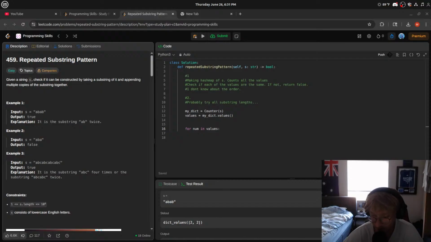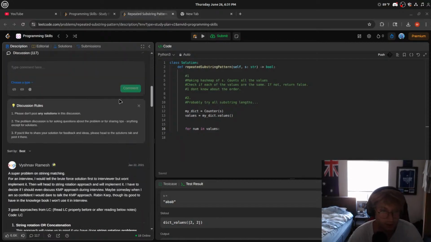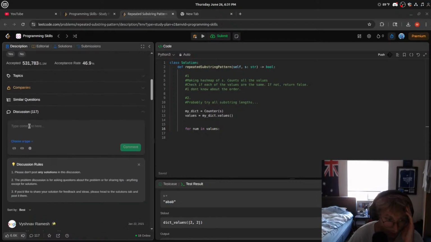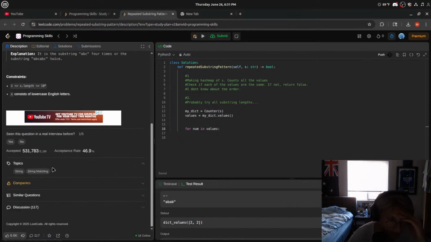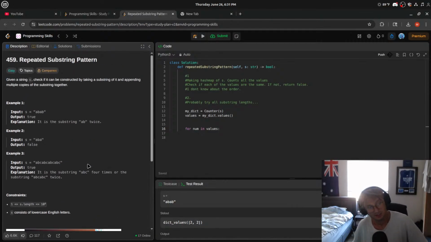So what do you think is the best way to go about it? Because I'm honestly not sure. I originally was thinking a hash map, but I don't think you can solve it using a hash map. String matching. I'm still not sure, dude. I think I might look at a